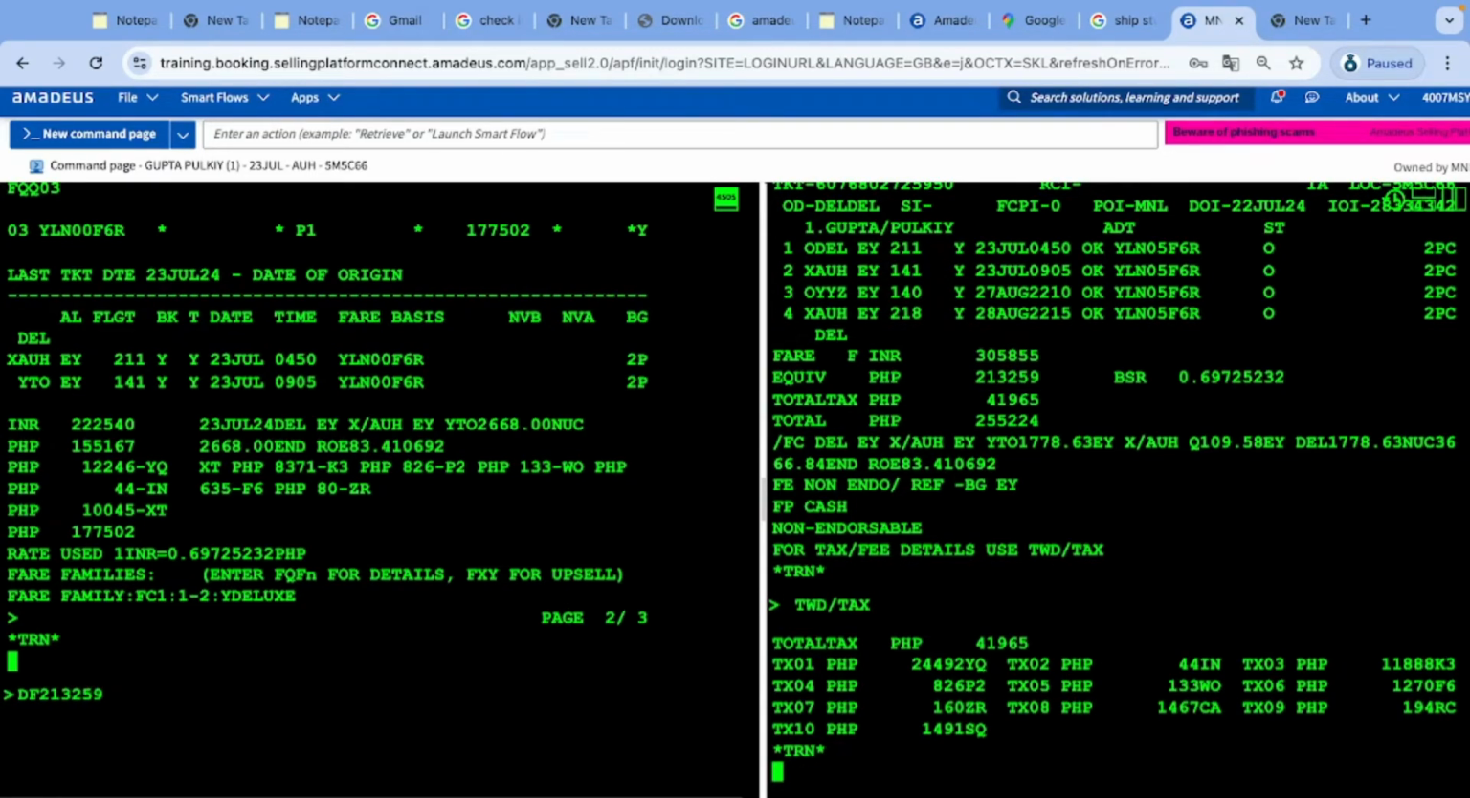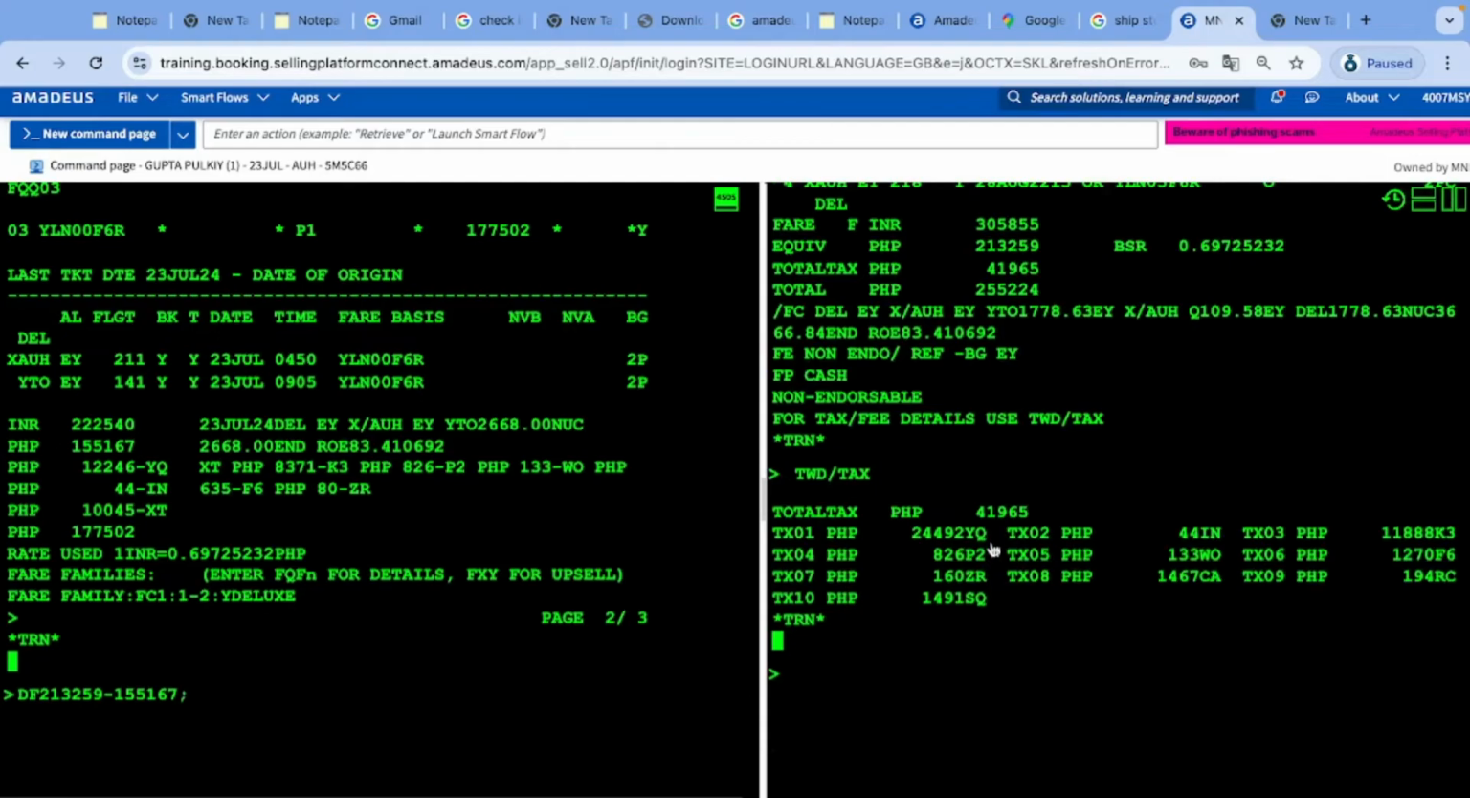213,259 is the total price minus the used one, 155,167. 155,167 plus. Let's move to the taxes. YQ. The total tax is 24492 minus. Used is 12246. 12246 plus